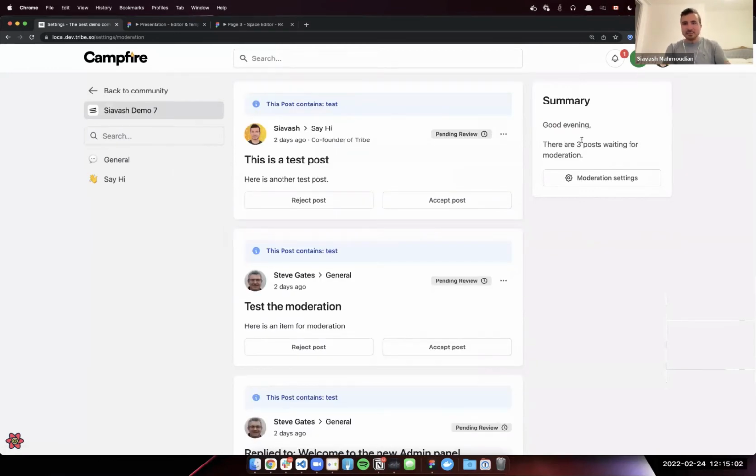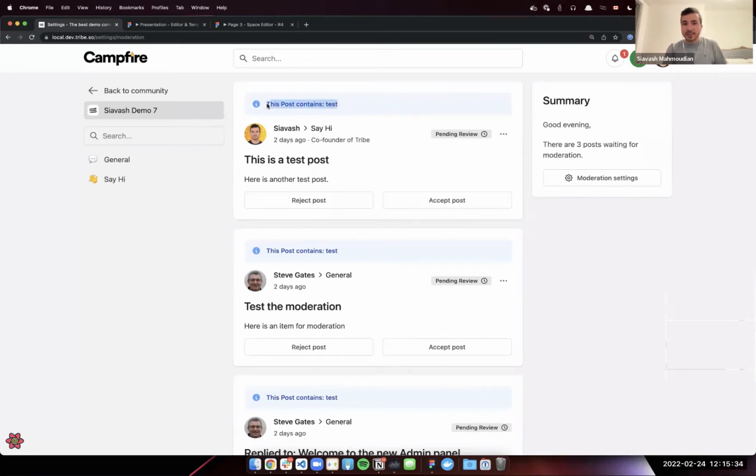As you can see, first of all, the UI is much cleaner. You don't feel that you're leaving the community. You're still in the community with the same layout. And there are some new options that we've added that we didn't have in the older version. As an example, you can now edit these posts right from here before accepting them. In some cases, maybe there is a typo, maybe they are all capitalized and you want to change them. You can simply change those using the edit button here.